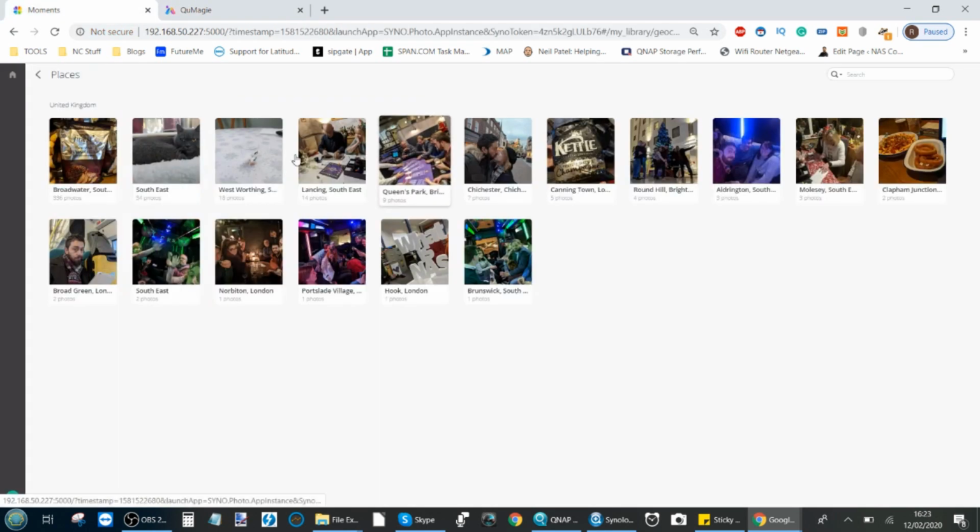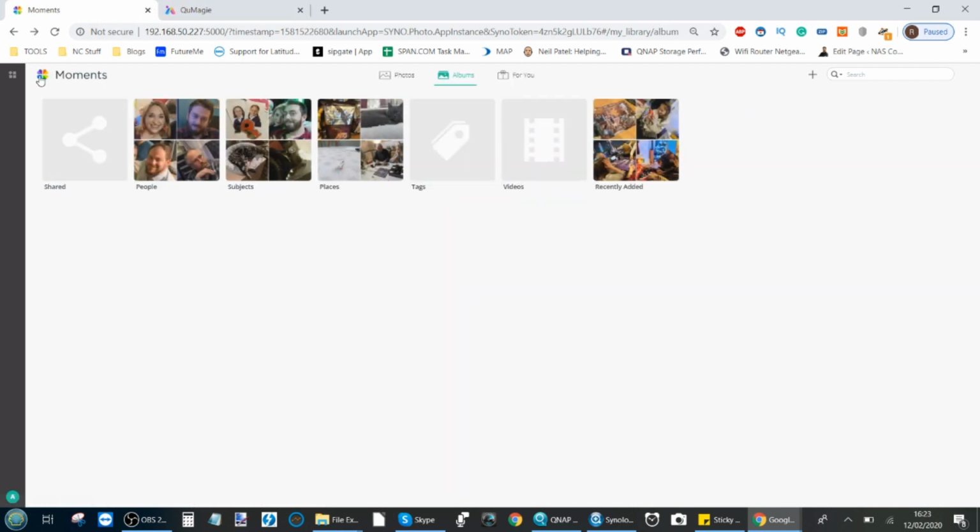Whereas on Moments, it broke down a hell of a lot more information using geolocational data that can be utilized in QNAP's Photo Station app, but QMagie doesn't seemingly have access. So although lots of these places are in the southeast of England, they've been broken down significantly more in detail on Synology Moments. So as I say, it's a great app and there is lots going for it, but it's